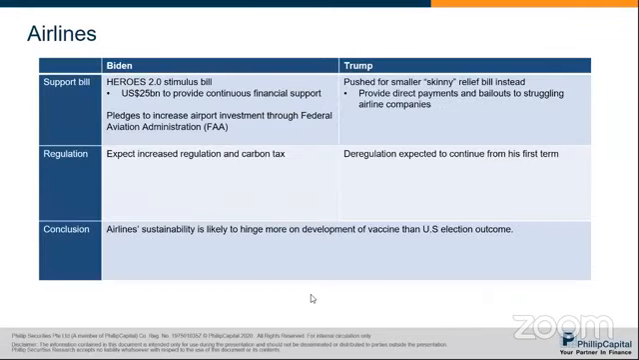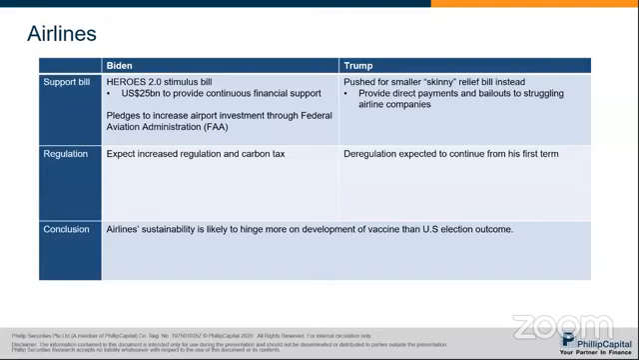Next will be for the airline subsectors. As you all know, the airline industry has been one of the hardest hit industries by the pandemic, and the sector has managed to survive only because of government aid itself. If Biden is elected and Democrats gain a majority in the Senate, they have a Heroes 2.0 stimulus bill. It may be passed by the Senate quickly. So this estimated US $25 billion will provide financial aid and potentially stop the layoff of airline employees. And we can also expect under a Biden win increased regulation and